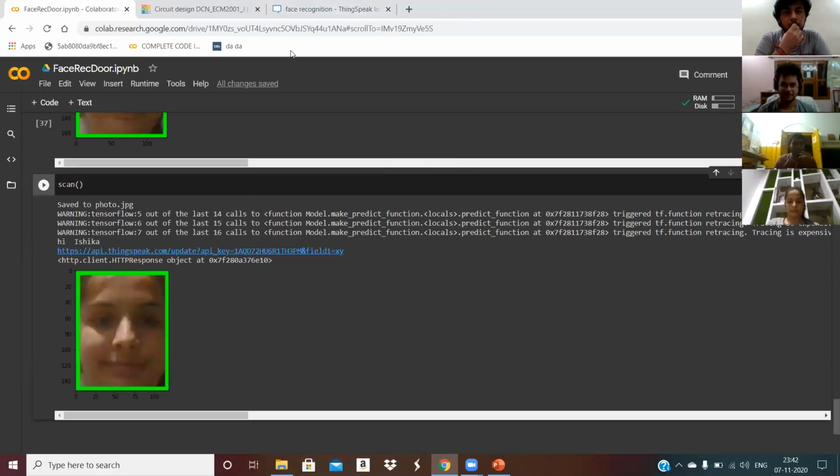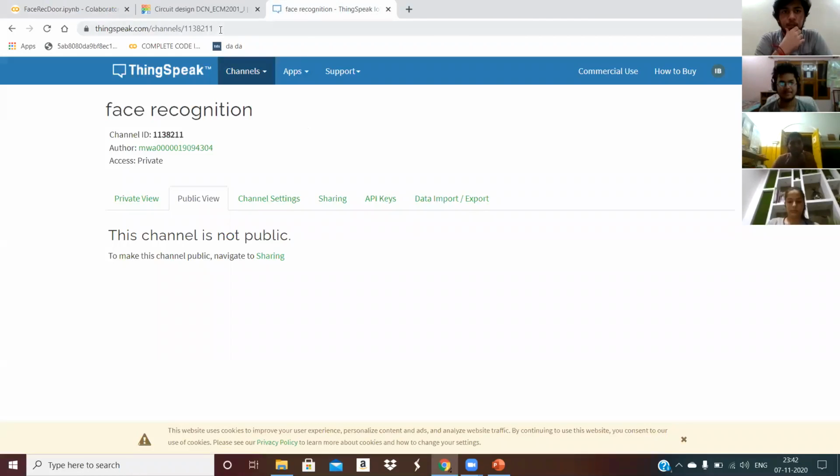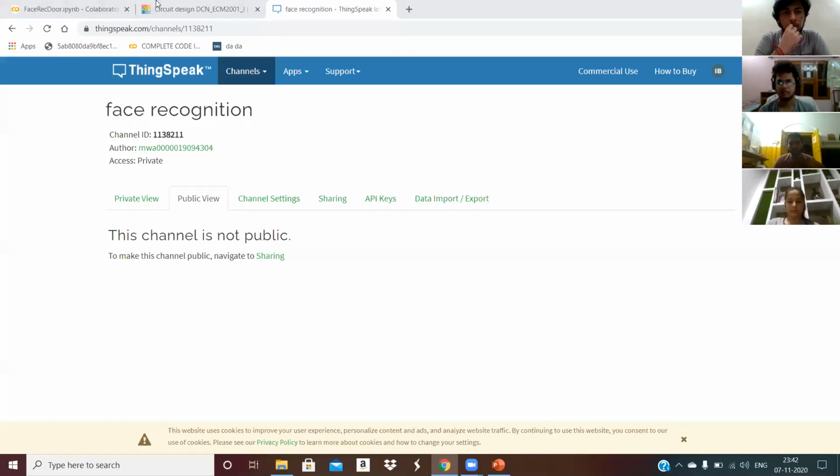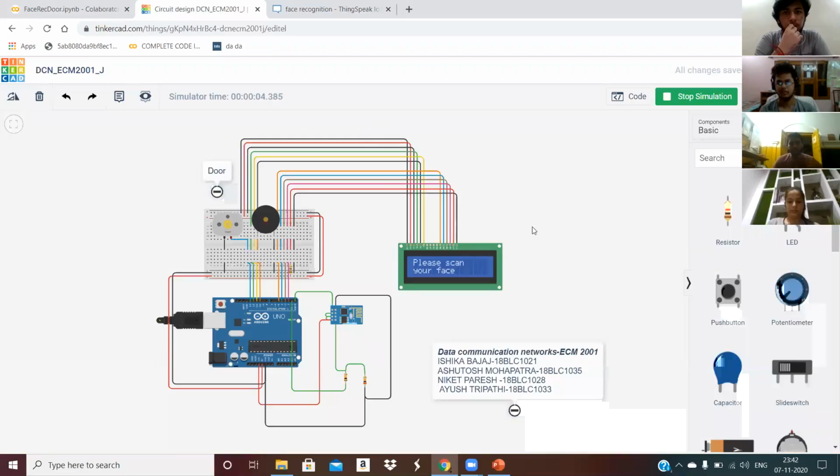Yes, thank you, Ayush. Now this is the best part of the project, where you can see the demo. First, she scanned her face. Now she is going to update it in the cloud, and via the Wi-Fi module, she is going to transfer the data onto our circuitry. So moving on to Tinkercad. It will take some time. Since she is the correct owner of the cupboard, "Hello Ishika" is being printed. Now moving on to the code.